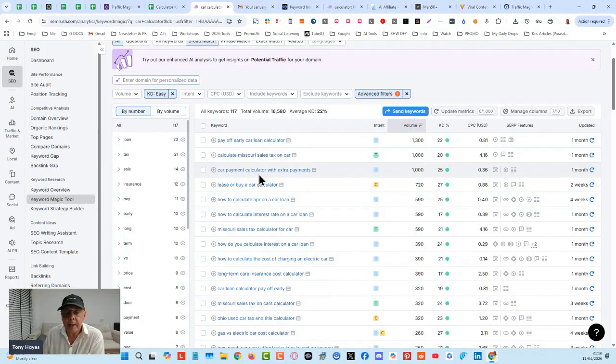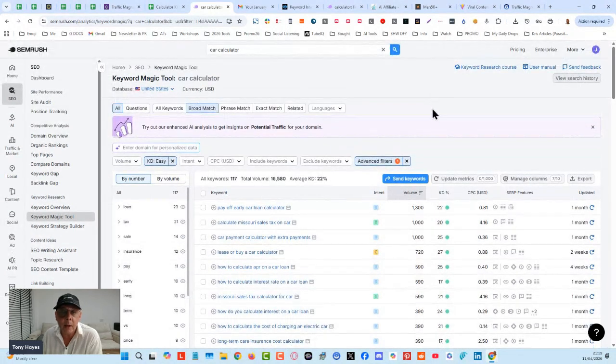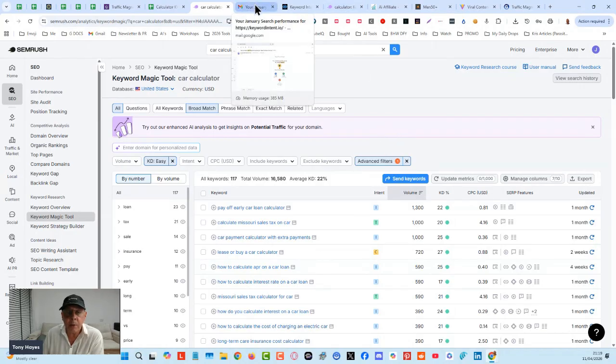Okay, car payment calculator with extra payments. So we're not going to go targeting things like car payment calculator. We're going to target things like car payment calculator with extra payments. And that is determined just by stuff you put on the website. But the good news is you don't really have to understand how all that works. It's all baked into the tool that I'm going to give you a demo of in a minute that builds these kinds of tools in 3 to 5 minutes, probably less than that.